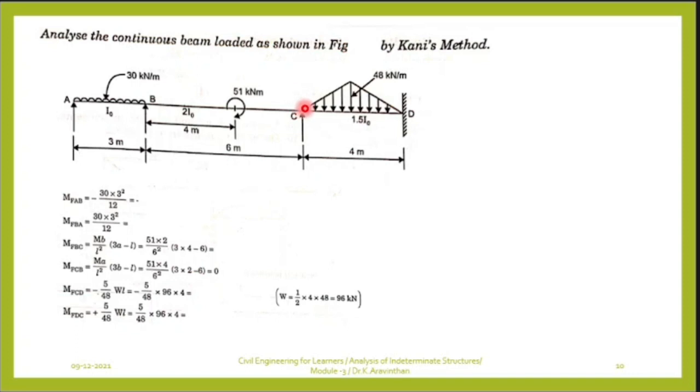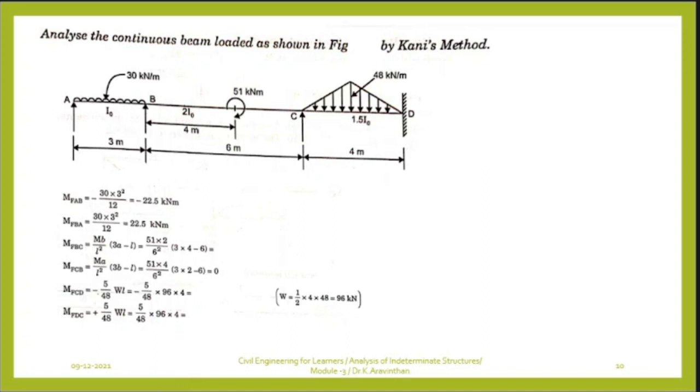Also, if you have a uniformly varying load, that is a triangular load, the formula is 5 divided by 48 W L. Why? Because if you cut this section, you will be having two equal parts of the load. Hence you can use 5 divided by 48 W L. So these things have derivations, how the fixed end beam has a moment. These derivations were encountered in the previous semester. So when you are solving fixed end beams, you would have come across this.